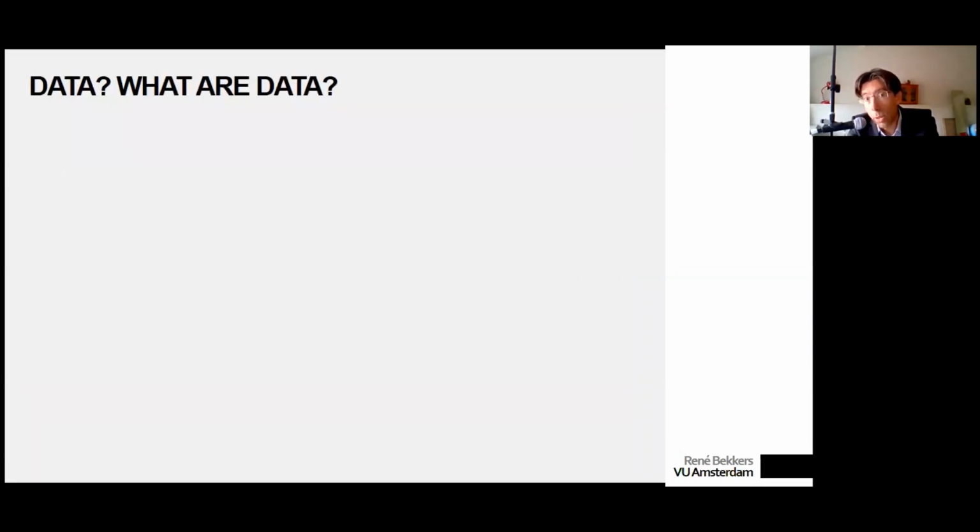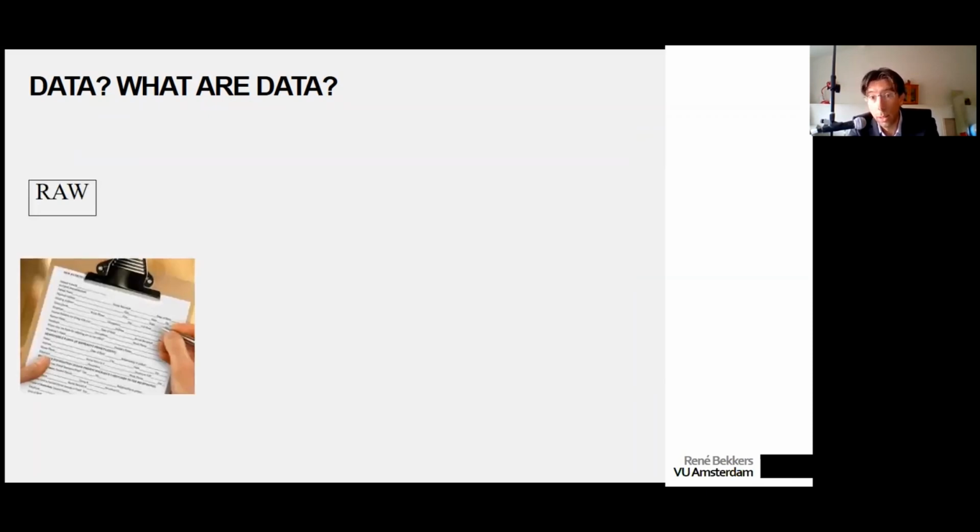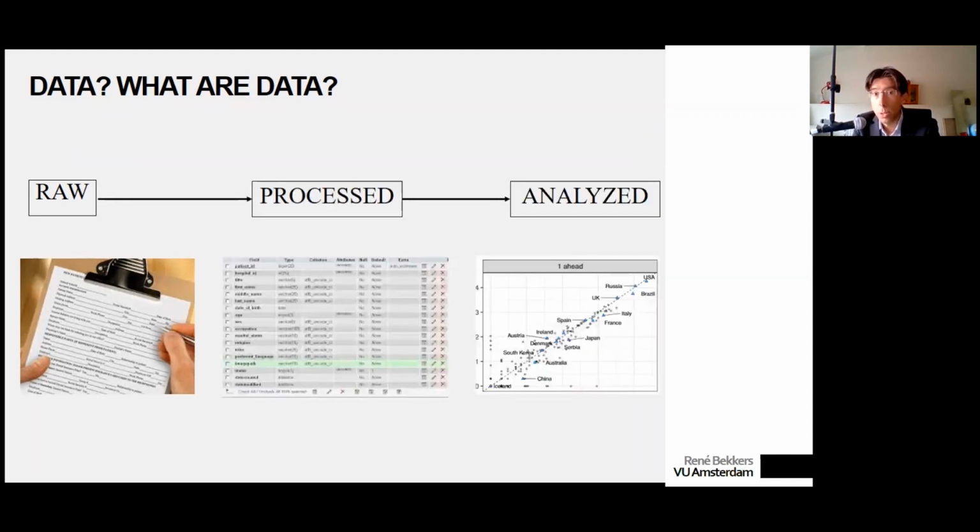First, after talking about the rules, maybe we should talk about what data we are talking about. We think about data in three forms. So you can talk about raw data. Suppose you have hospital cases of COVID-19. There is some registration in the hospital. It will be processed in a database, and then in the end, there might be some analyzed data in the form of tables and graphs that show what the results are of these analyses. That's a standard way of many people thinking about data.